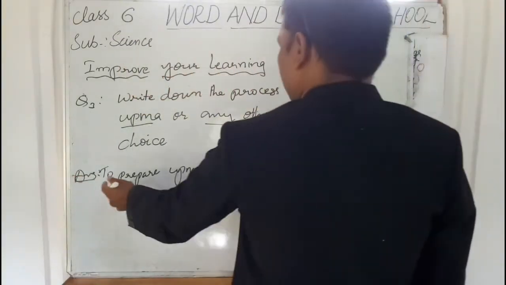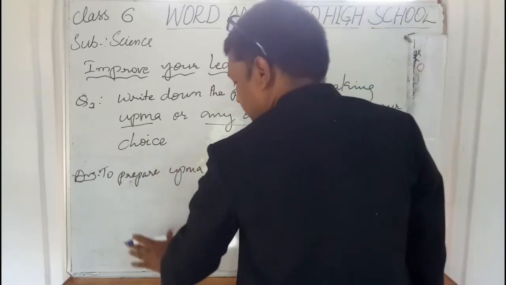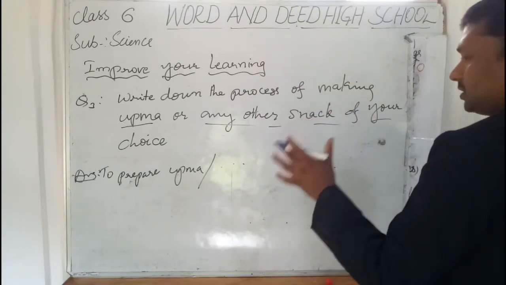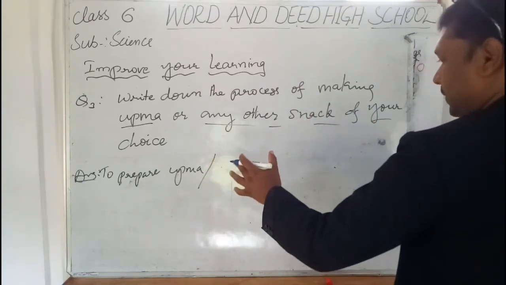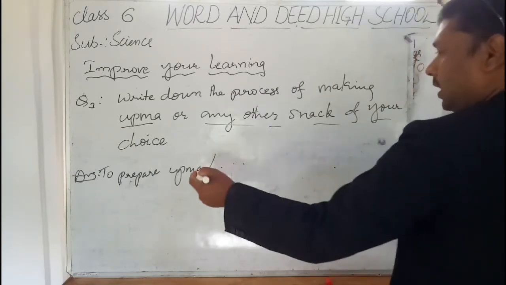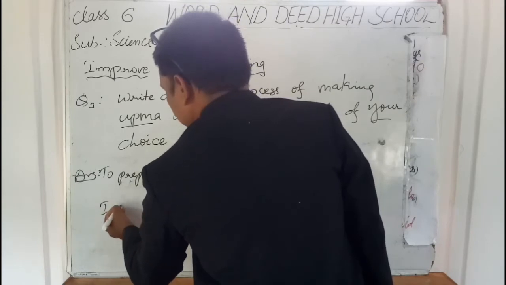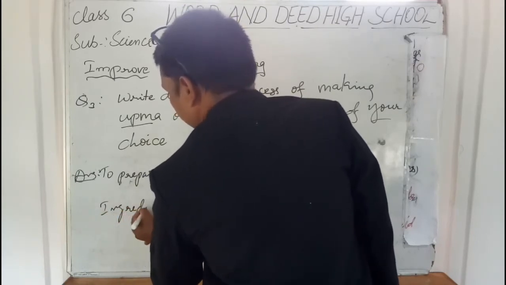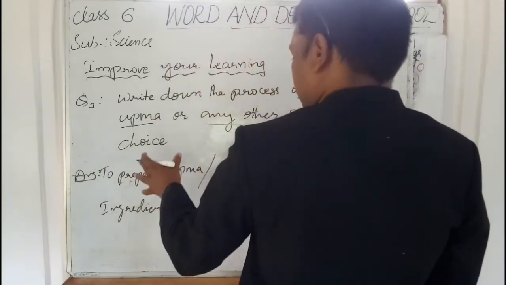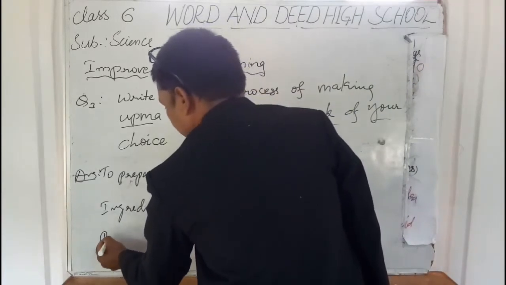To prepare upma, that is the heading for this answer. I am expecting you to write in a systematic order to prepare upma or any other snack. Then what are the needed things, that means ingredients. You should not miss any point from side headings like this. And then process,